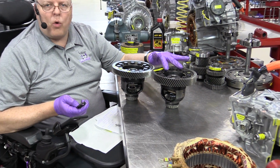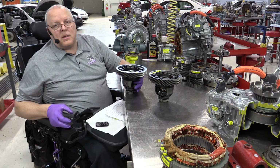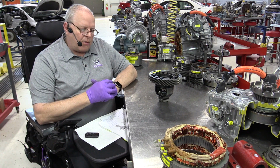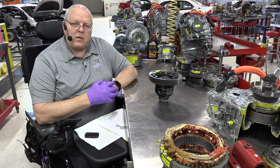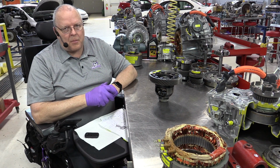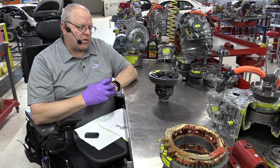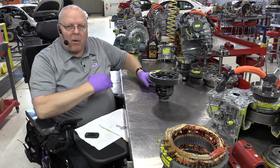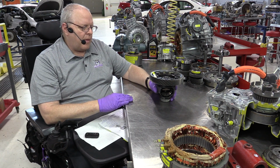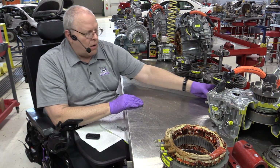second generation Prius has an overall higher numerical gear ratio, which gives us more torque multiplication, which makes it feel like we have more power, even though the internal combustion engine for the second generation Prius is the same engine as the first generation, and it has the exact same amount of horsepower and torque, but it feels like it has more power now because of the overall combined, remember the 4 different gear reductions that take place in the transaxle. They made a change on the second generation Prius to where the final drive gear ratio now